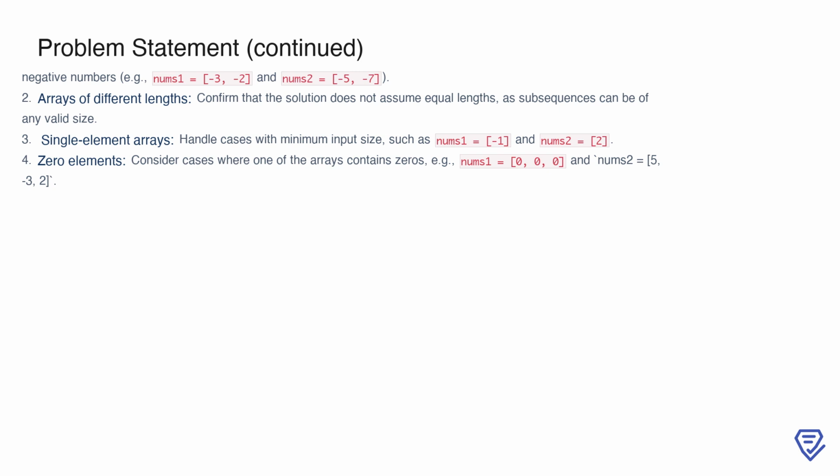Also, when dealing with single-element arrays, like nums1 equals -1 and nums2 equals 2, the dot product is simply the product of those two numbers. Lastly, if one of the arrays contains zeros, such as nums1 equals 0, 0, 0, and nums2 equals 5, -3, 2, the algorithm must account for zeros appropriately, ensuring the result is still maximized despite the presence of neutral